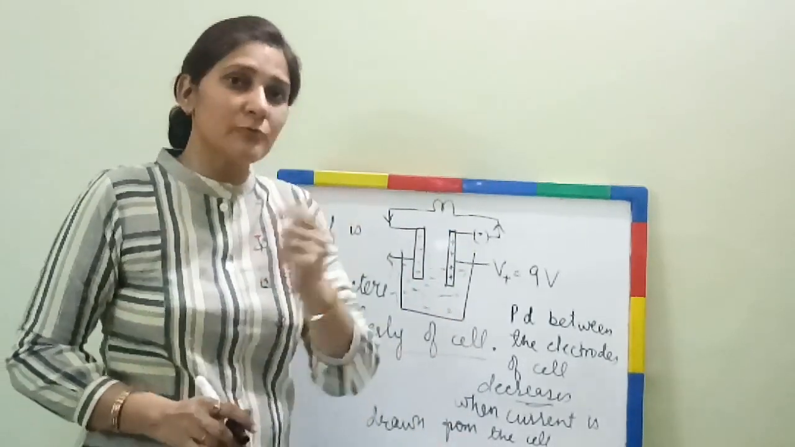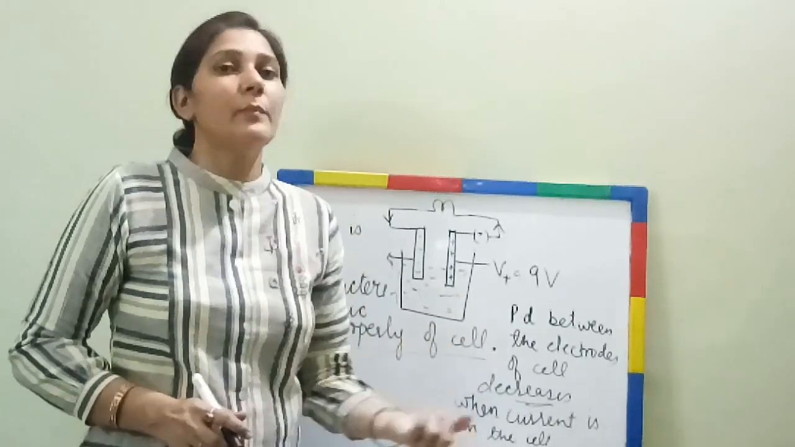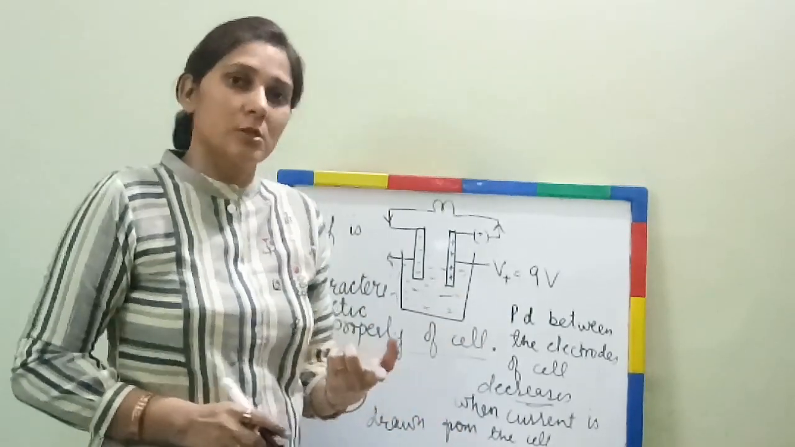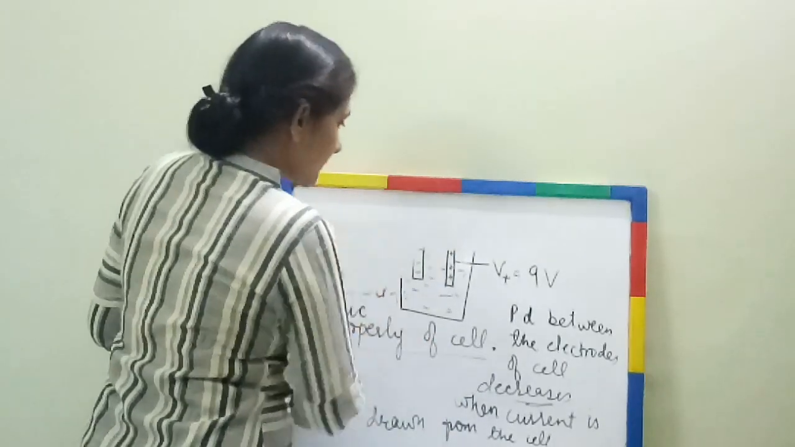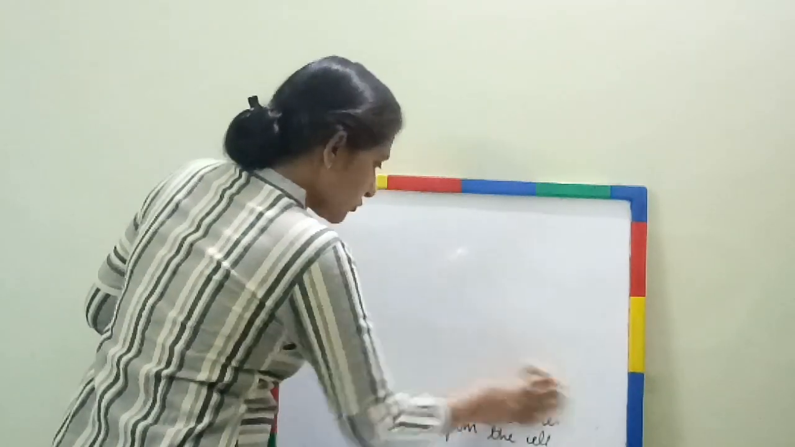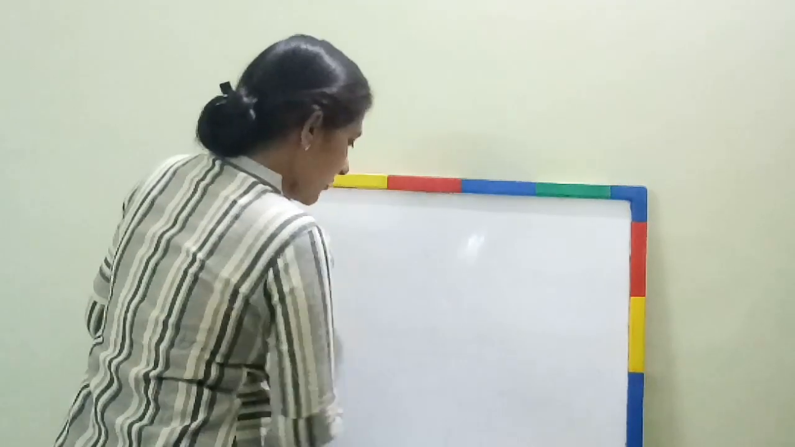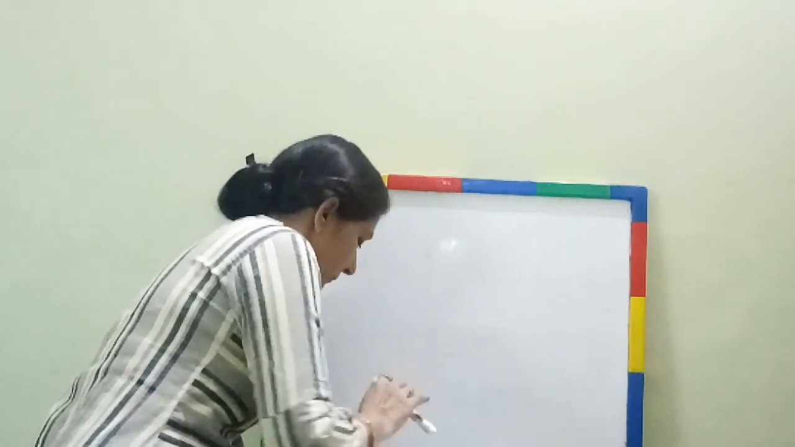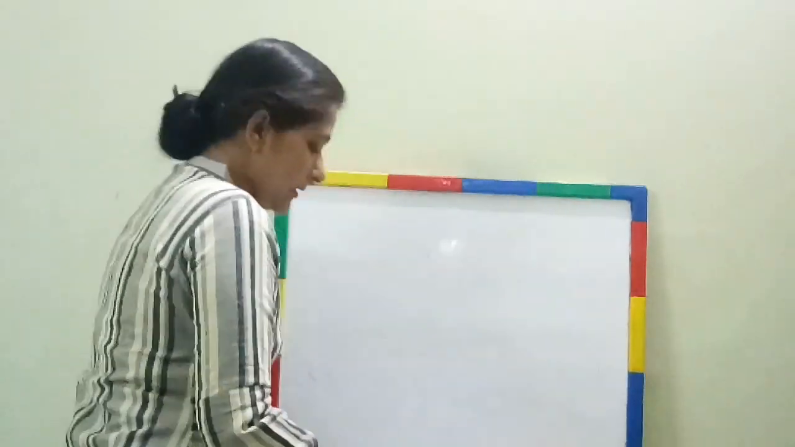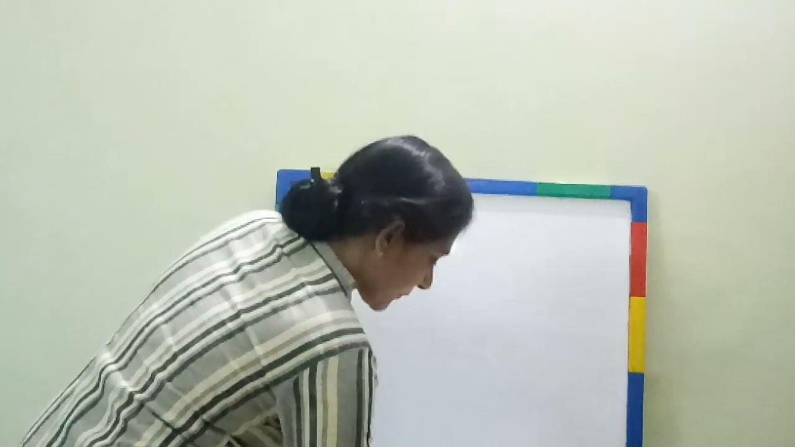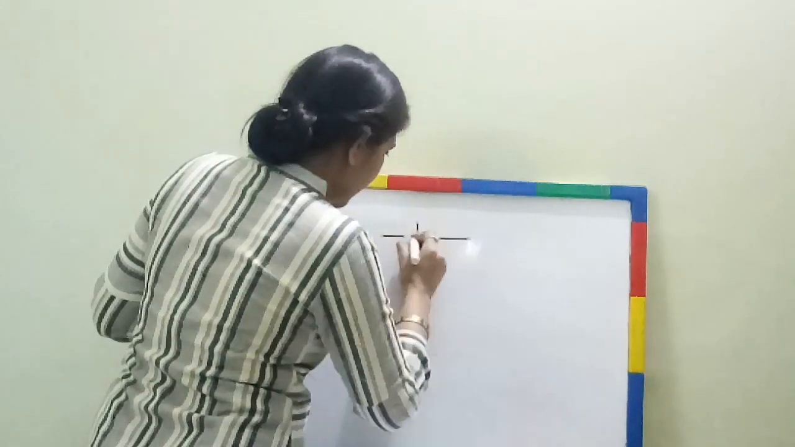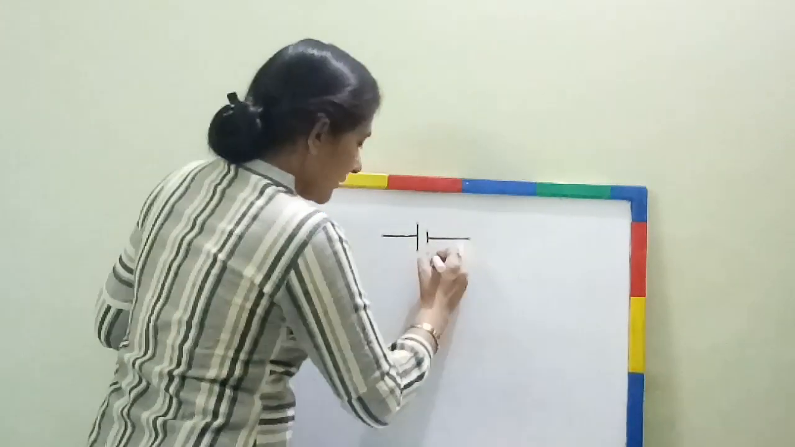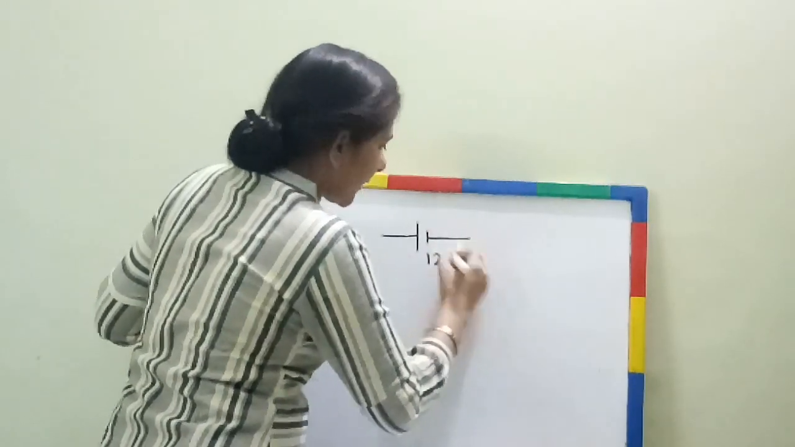Why does it decrease? First we will study that, then we will come on to the terminal voltage. Fine, let's start with why it decreases. As I told you, when current is drawn from the cell, the value of potential difference between the terminals decreases. Suppose we have this cell, and 12 volt, 15 volt, whatever,